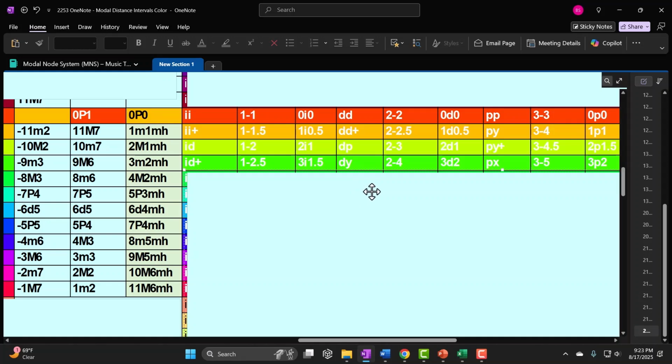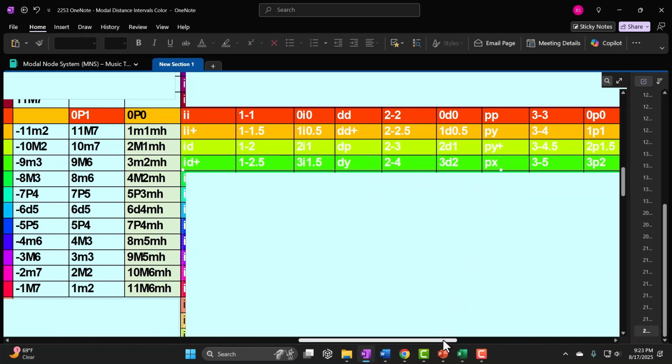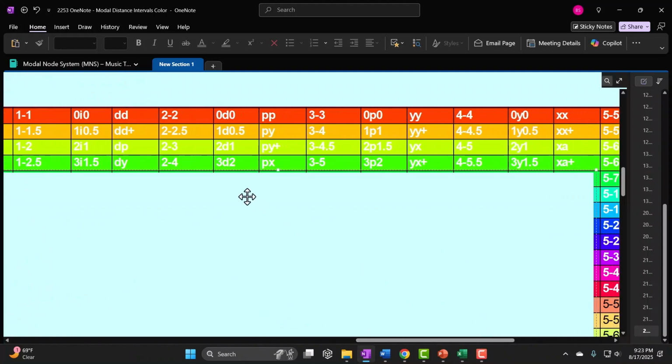So it would be a DY modal range if I go 3 notes up, a 2-4 modal range, meaning I go 3 notes up from the Dorian, which would be 2 modal half steps, or the third scale degree, it would be a minor third. So the Phrygian, also a minor mode, so it would be a